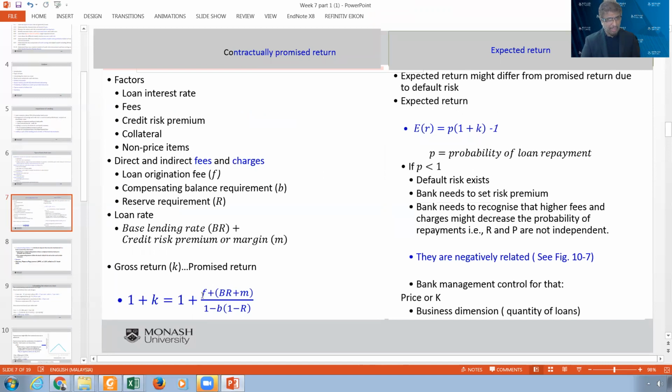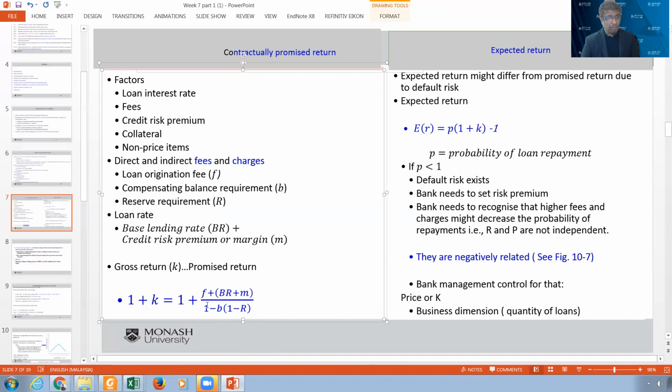Now, if you look at this, this part is actually the breakdown of the K. And you can see when the reserve increases, the K will increase. When the P increases, which is the compensation balance, this one will increase. Now, this is one issue. The other issue is,